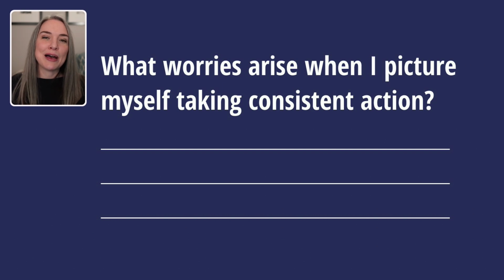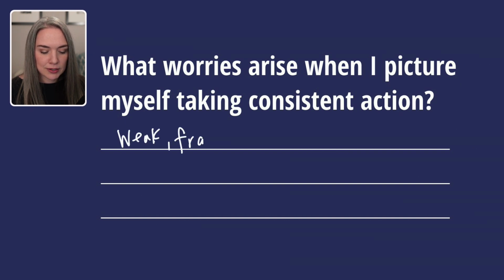So when we tap into that, we can start to say, what's maybe a dreaded identity we're trying to avoid? How do we not want to be seen by ourselves or by others? So an example, if I am hesitating to go to the gym regularly, maybe I'm worried that I am going to find out that I'm actually weak and I am fragile. And maybe I'm just not cut out for this. So if I just don't go, I won't find out.